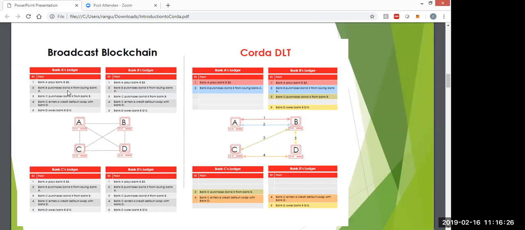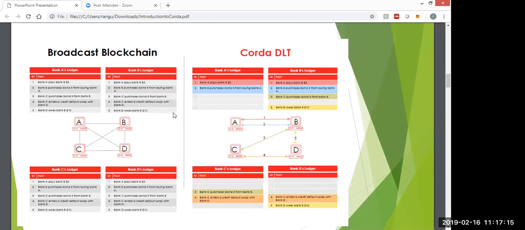If you look at this, there are four participants: Bank A, Bank B, Bank C, Bank D. When Bank A pays Bank B, here are the steps which involve a transaction in blockchain. Step one is replicated across all of the chain. If you look at Bank C's ledger, you have the same data. If you see Bank D's ledger, you have the same data. It says Bank A pays Bank B. The question comes here: when I pay from Bank A to Bank B, why should Bank C and Bank D know in a blockchain? This is more of a privacy concern, which nobody likes,